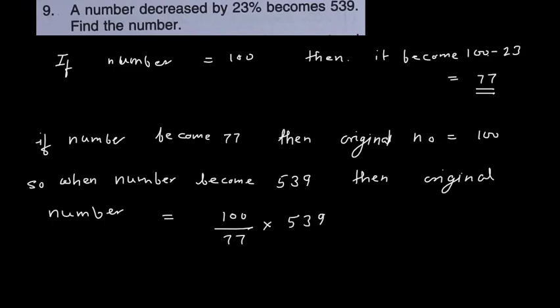Okay, now 9 plus 5 is 14, 14 minus 3 is 11. So if the difference of the sum of numbers at even places and the sum of numbers at odd places is 11 or a multiple of 11, then you can say that it is divisible by 11. So 0 is also a multiple of 11. It is divisible by 11. So I divide with 11: 11 sevens are 77, and here 11 fours are 44. Then 9 is there, 11 nines are 99. Then 7 ones are 7, and 7 sevens are 49. So 100 into 7 will become 700. So the number is 700.